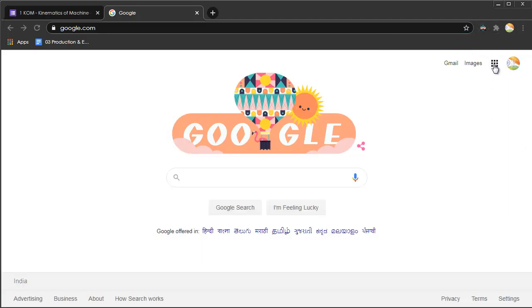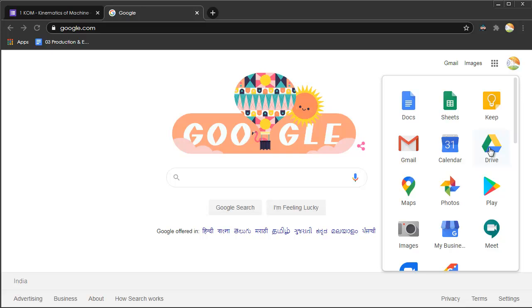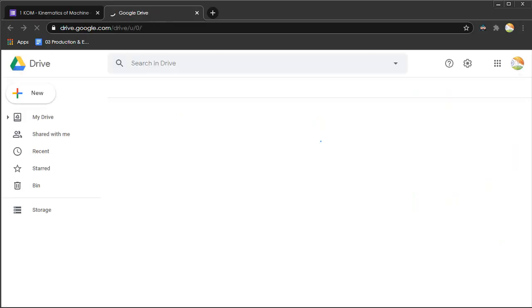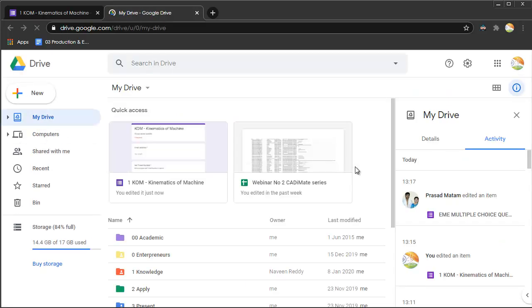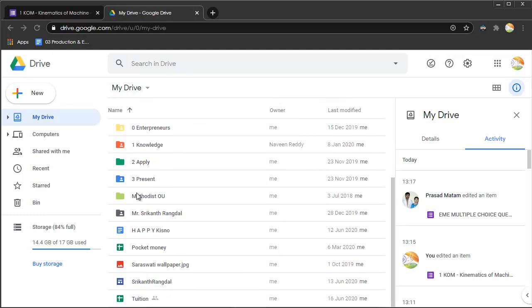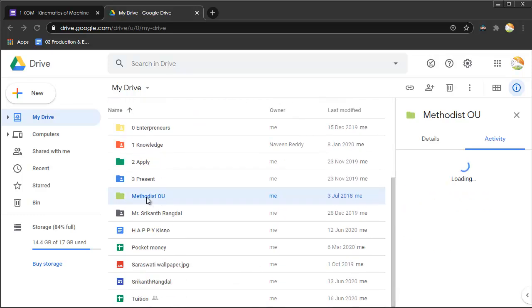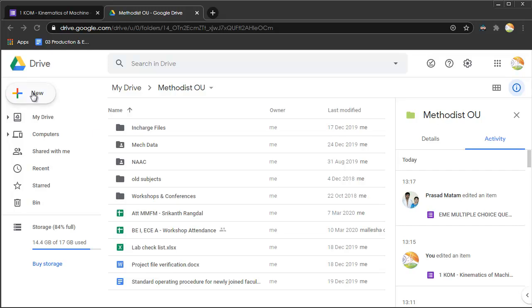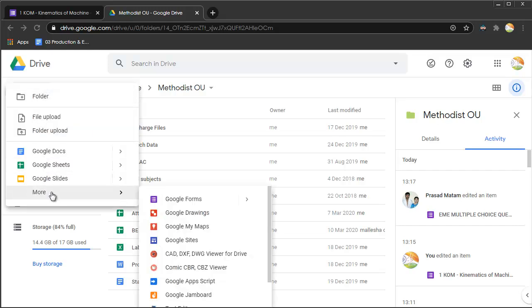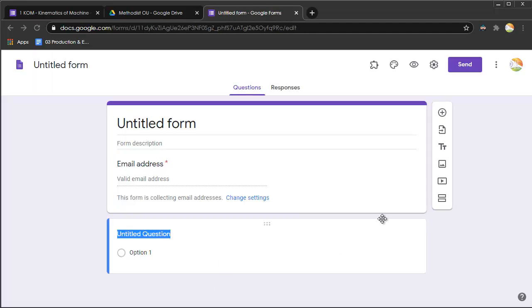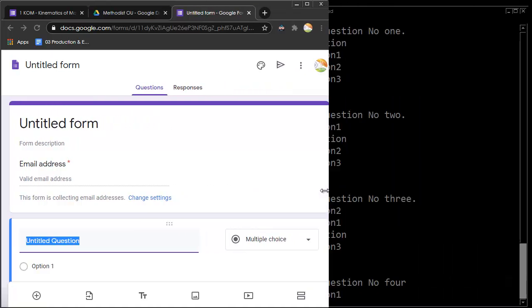So just click on these 3 dots and go to Google Drive. In the Google Drive, you can change the folder to wherever you want to create the quiz, and go to New, More, Google Forms. This will create a new form in which you can start adding the questions.